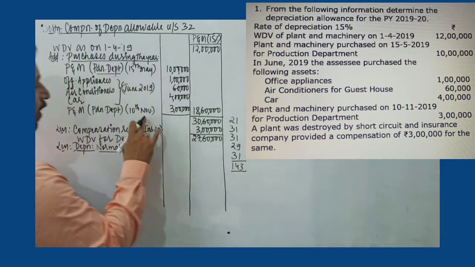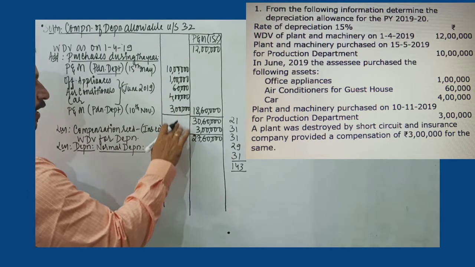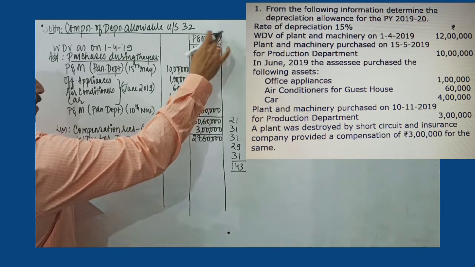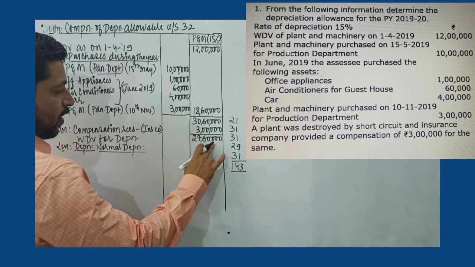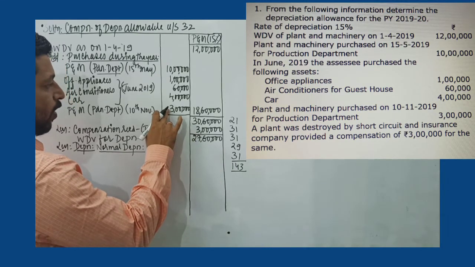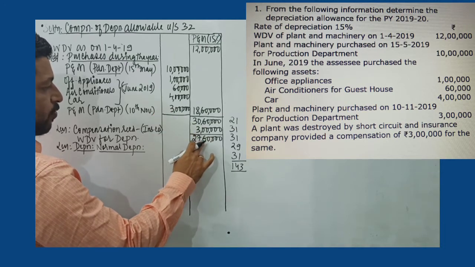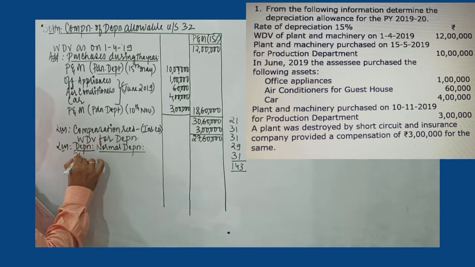So definitely this asset is purchased and put to use for less than 180 days. So half year's depreciation will be applicable on this particular block rate. So from 27 lakh 60,000, 3 lakh worth plant and machinery is eligible for depreciation at half the year. So balance, that is 27 lakh 60 minus 3 lakh, 24 lakh 60,000